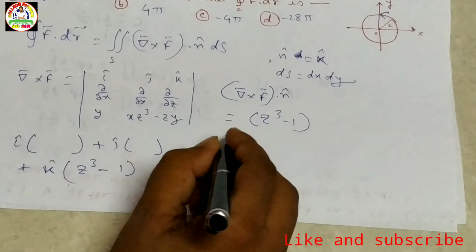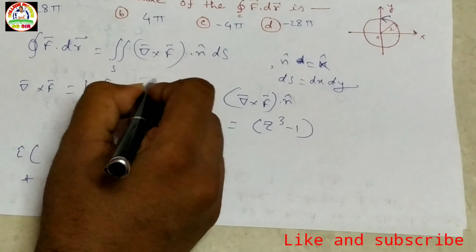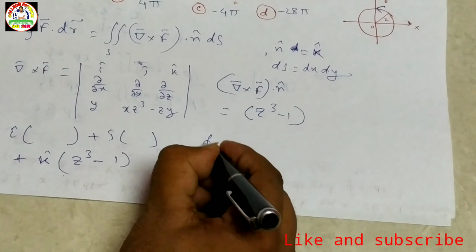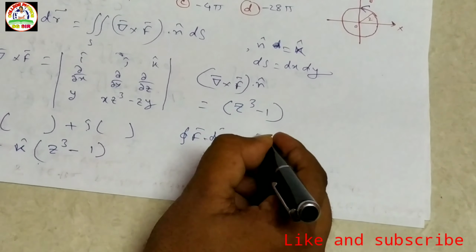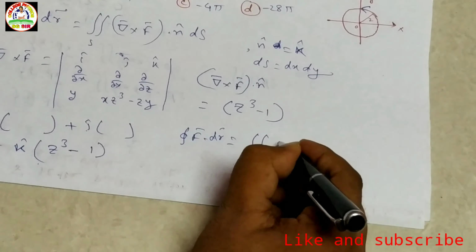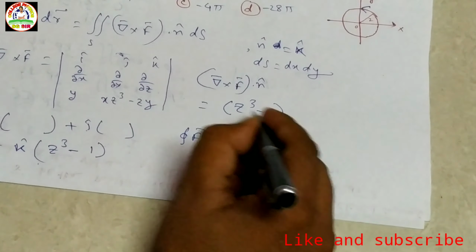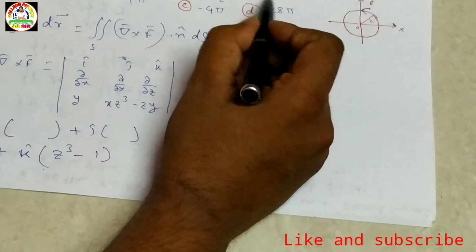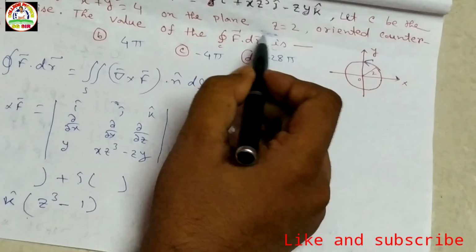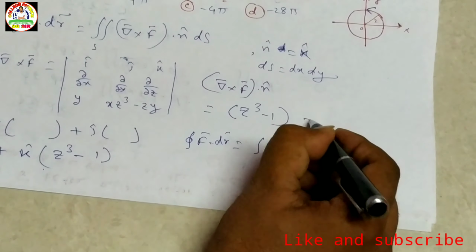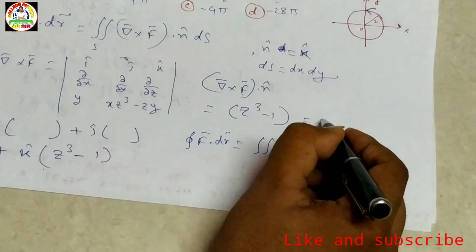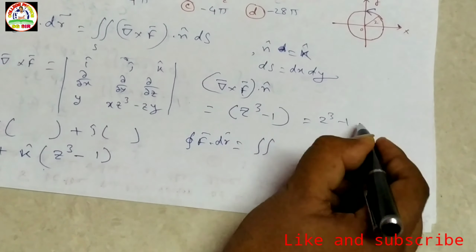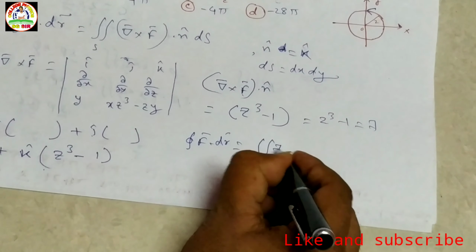Now we put this value in this equation. So the line integral of f dot dr is equal to the surface integral of curl of f dot n cap ds. We put the value of z, given z is equal to 2. So curl of f dot n cap at z equal to 2 is equal to 2 to the power 3 minus 1, equal to 7. So 7 into